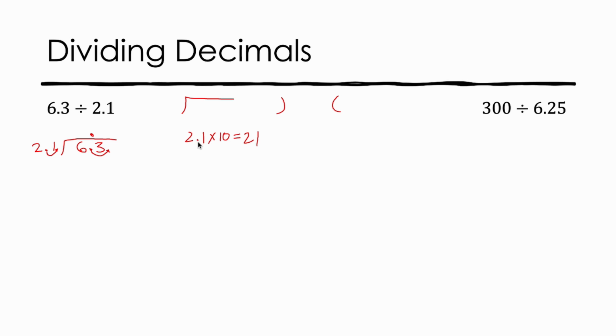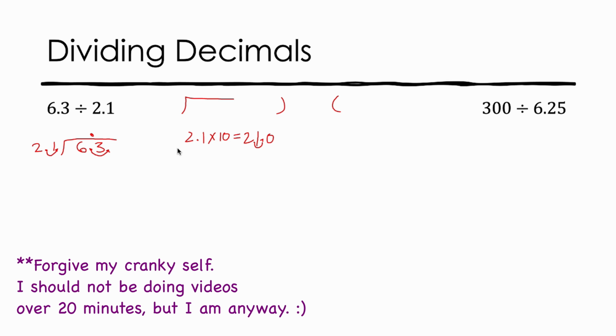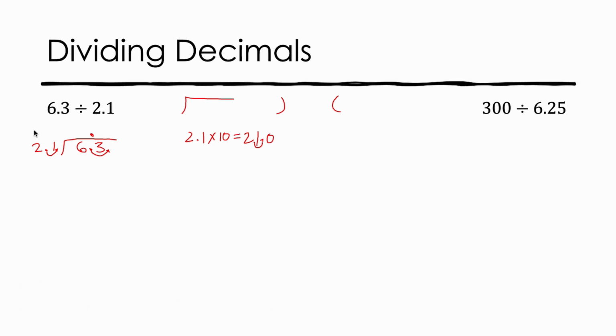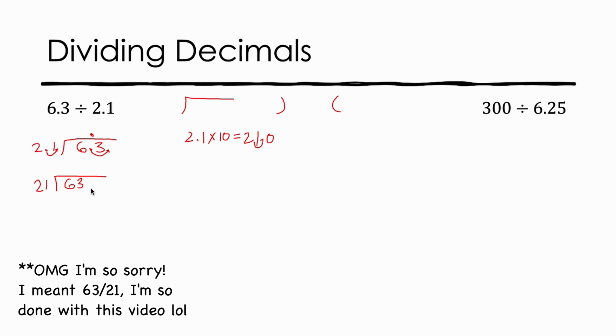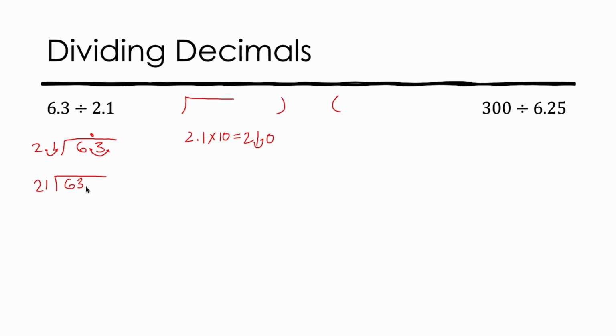It's basically moving this to the right. If it was here, you're moving it here, so now this is 21.0. Get it? Alright. So now let's rewrite this division problem. And this is going to be 21 divided by 63 now. And now, since our decimal point is here, we've got to put it up here. And now let's just divide normally.